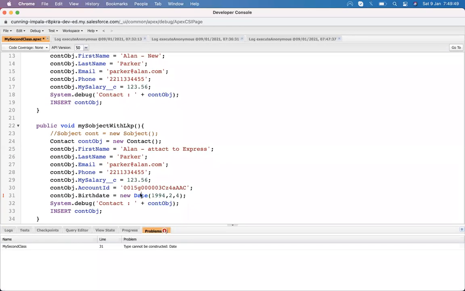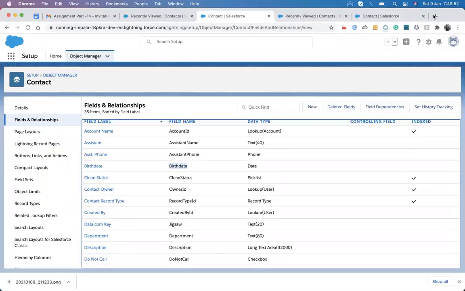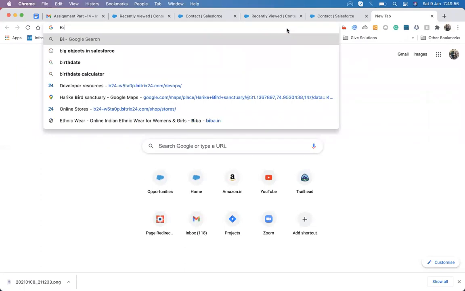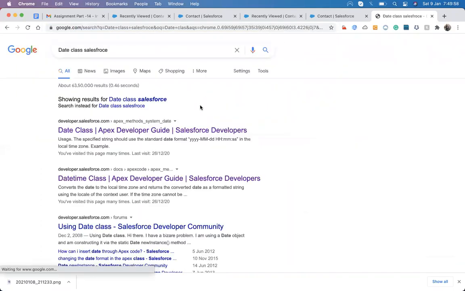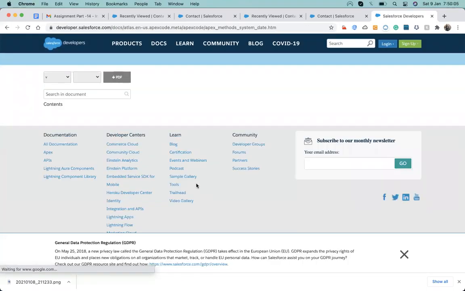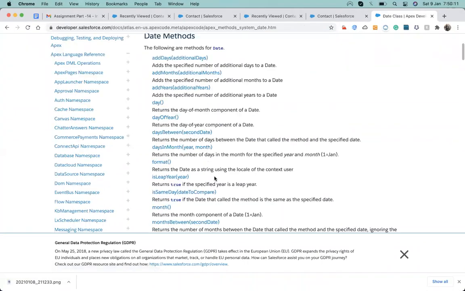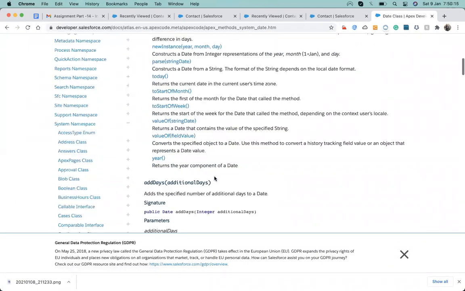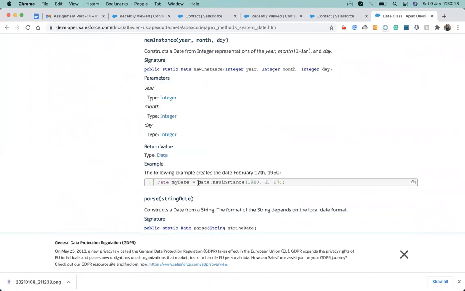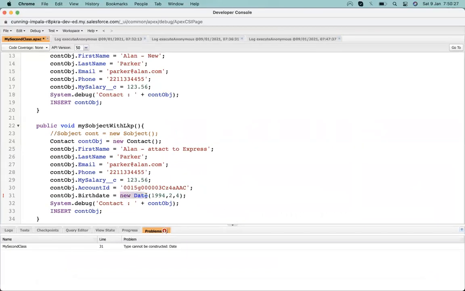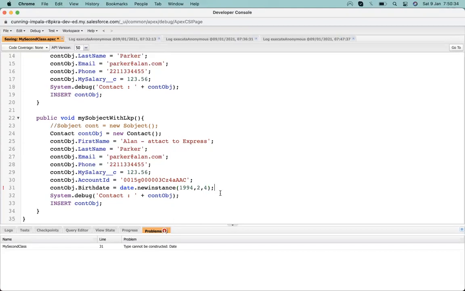I think I missed something, let me check the date class. I forgot. Yeah, date dot new instance.